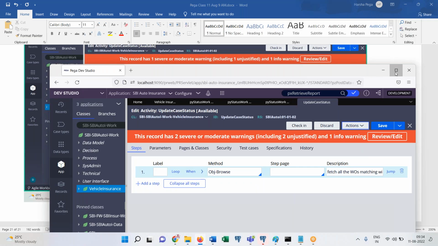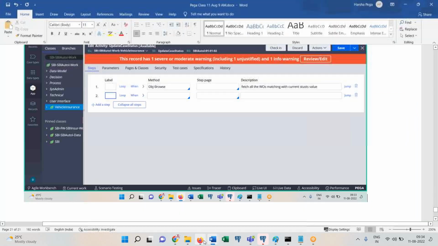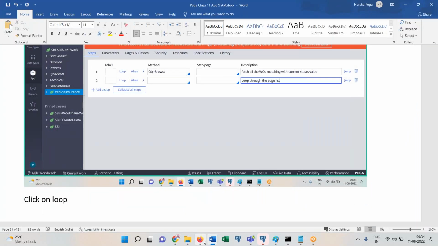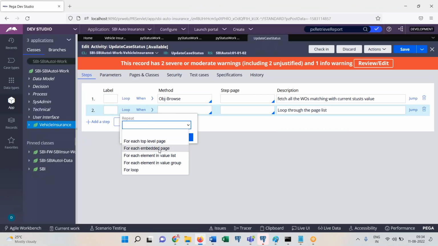Okay, look here now. Next step: loop through the page list. Click on loop. I'm going to loop through one by one, for each embedded page,